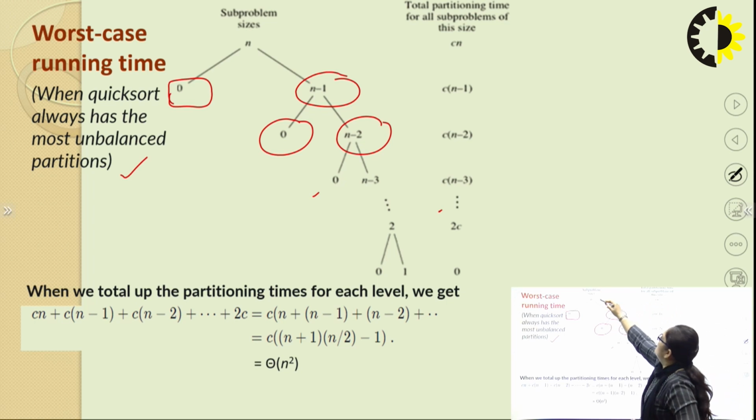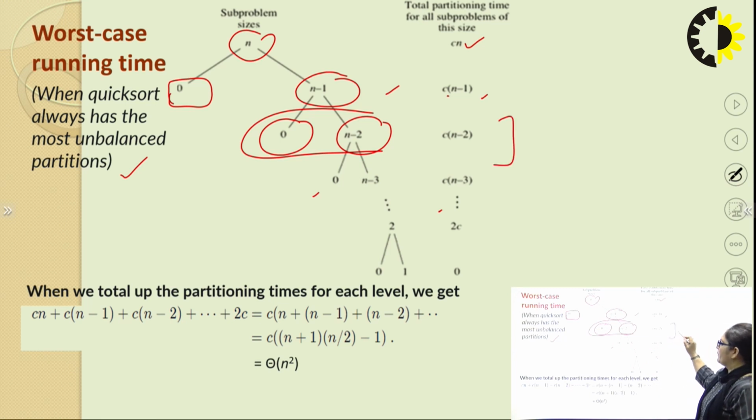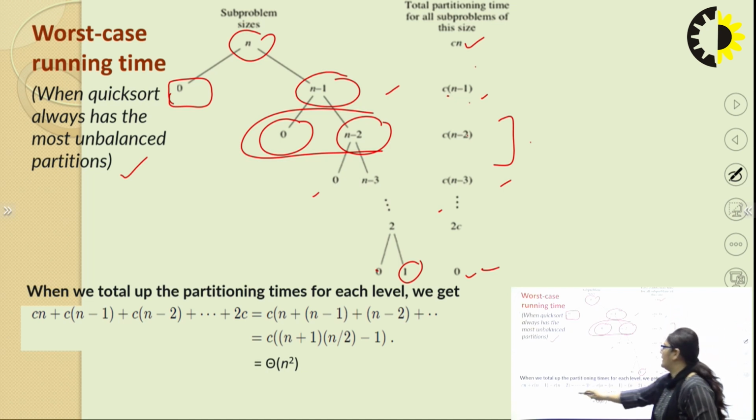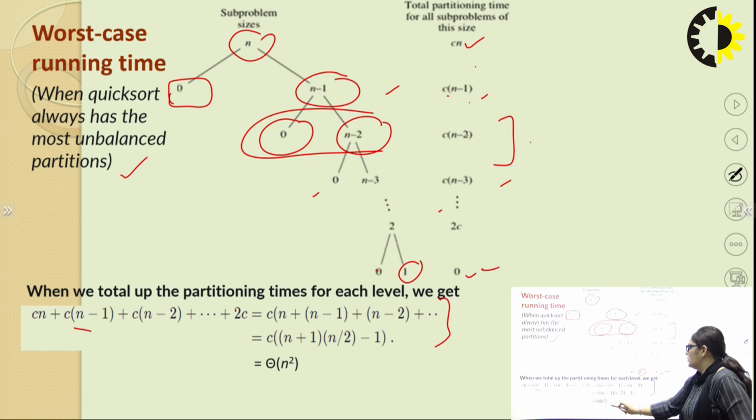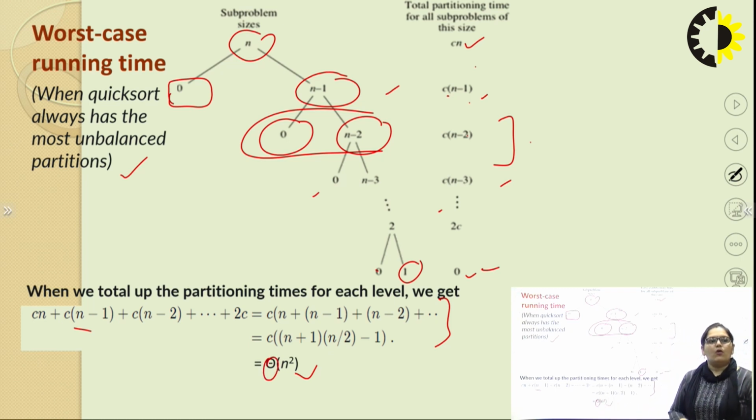So at this level the cost will be C of n. At this level the cost will be C of n-1. At this level you are getting the cost C into n-2. At this level you are getting the cost C of n-3, and at the last level there is no cost because we are having only one element, so there is no partitioning time taken, so that's why here cost is 0. So after summing these cost values and solving this equation, you are getting the complexity is n square. So in the worst case you are getting complexity of big O of n square,